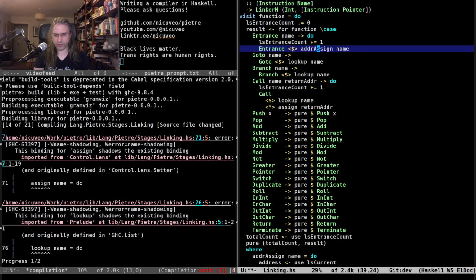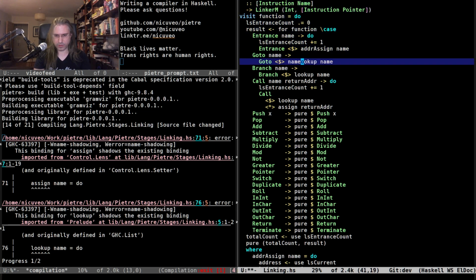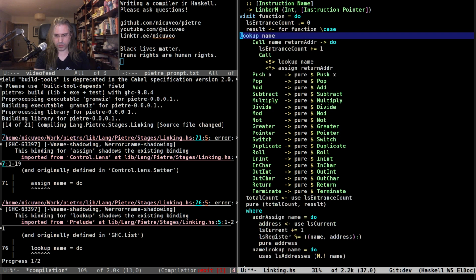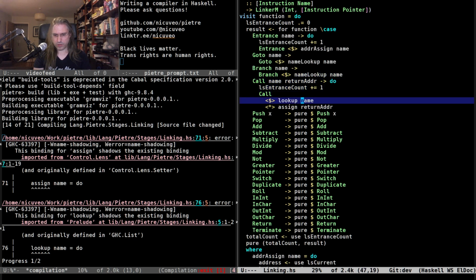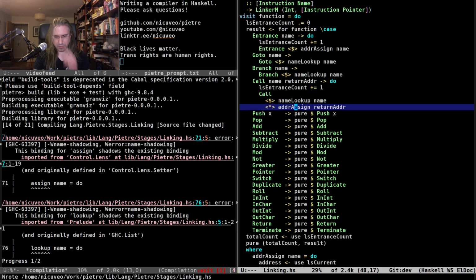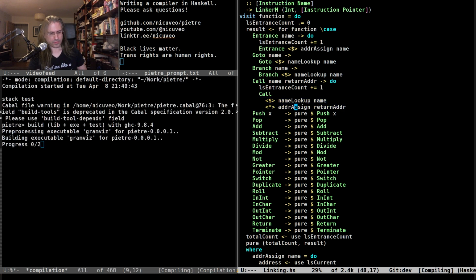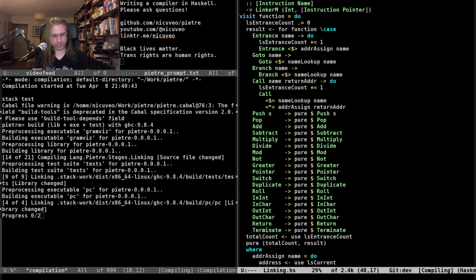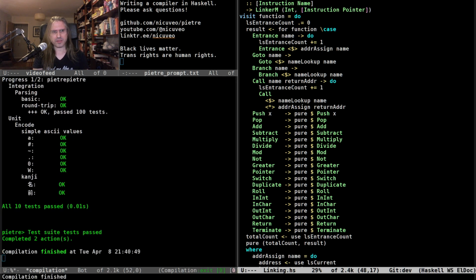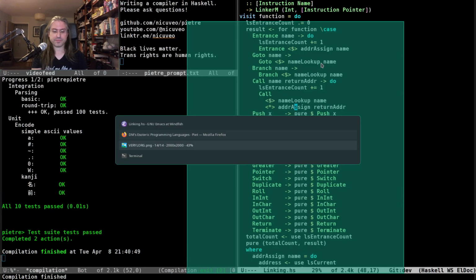So this is address assign, name lookup, name lookup, name lookup, address assign. I think using a lazy state means this should be fine. I guess we just have to try.